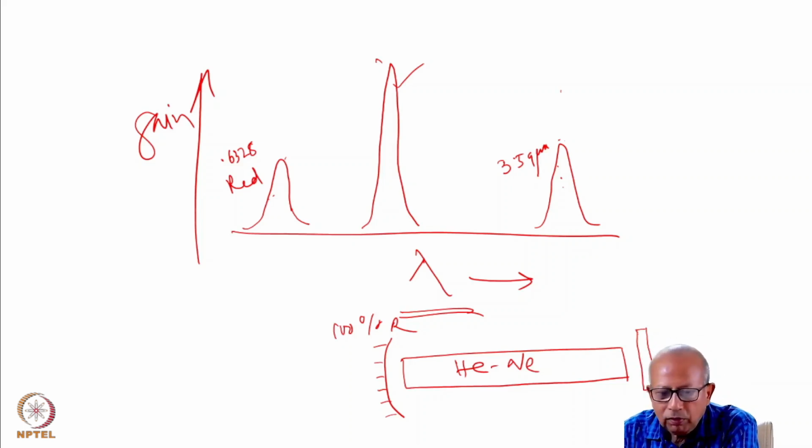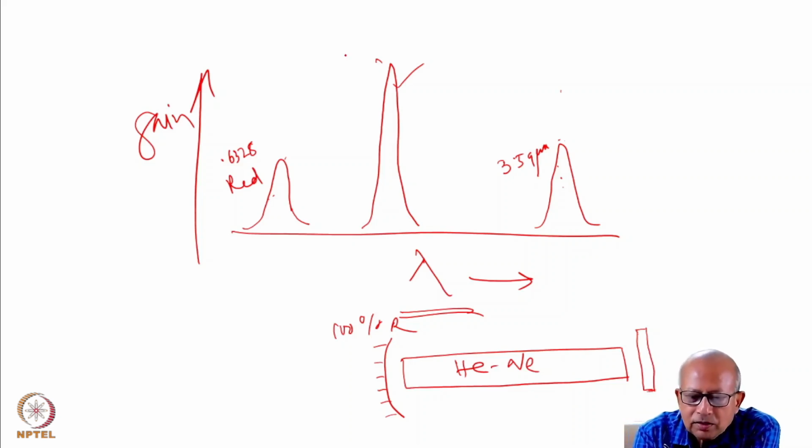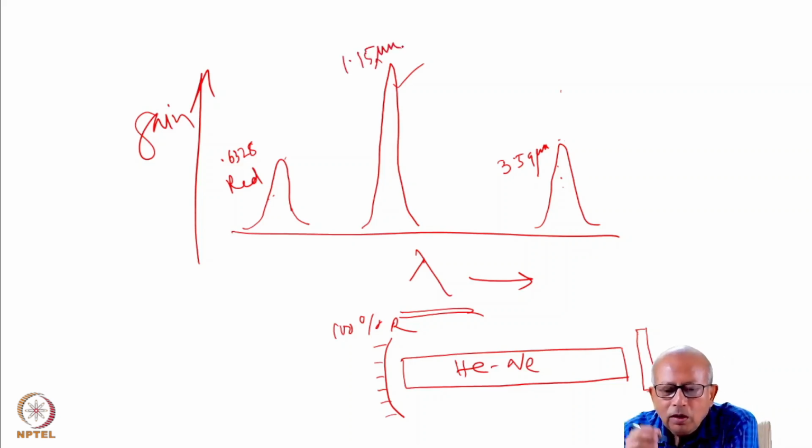Suppose for the line which has the highest gain, that is the 1.15 micron transition, that wavelength, suppose this mirror offers